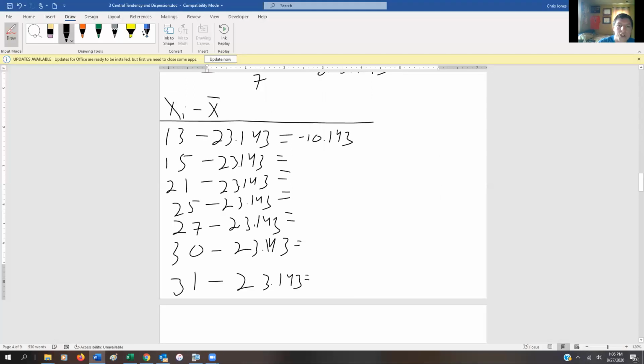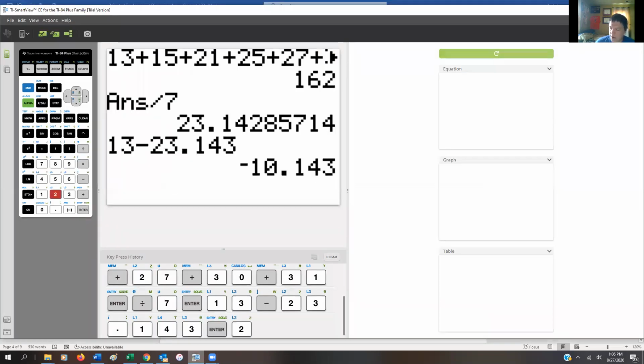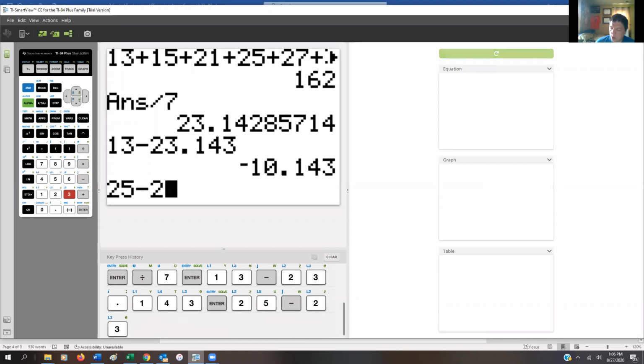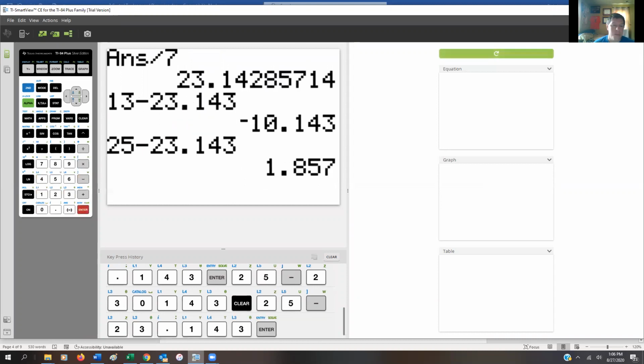So that's negative 10.143. And we could just continue this pattern, negative 8.143. This is going to be negative 2.143. This is going to be 1.857. Notice that we get a different tenths, hundredths, and thousandths place because now the first digit's bigger. And if you don't trust me, 25 minus 23.143,